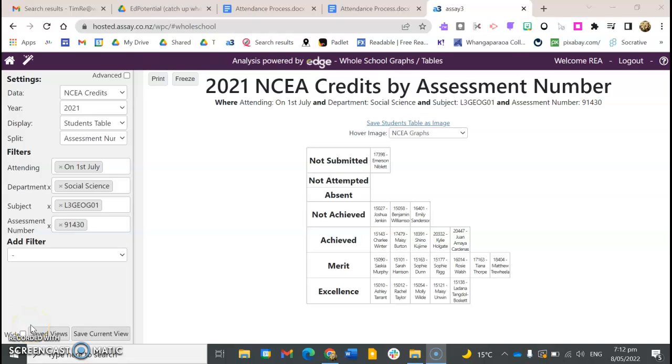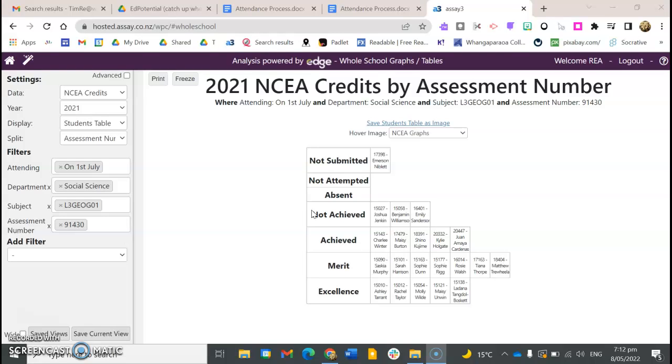Okay, this is a reply about why this view is important. So in terms of this, the first thing is that at the moment, this view compared to the one that I gave you is incomplete, and I'll show you the quick pivoting that we can do. It solely looks at a single assessment. There's a number of ways in which we get this table.